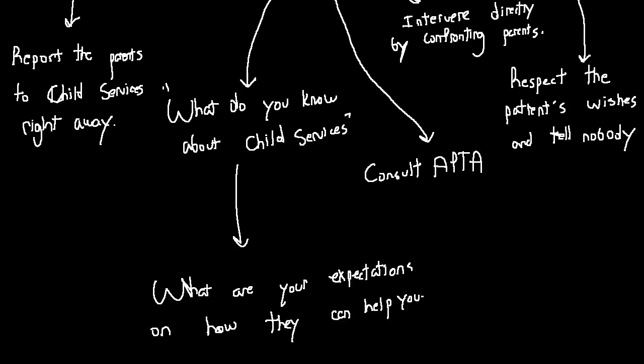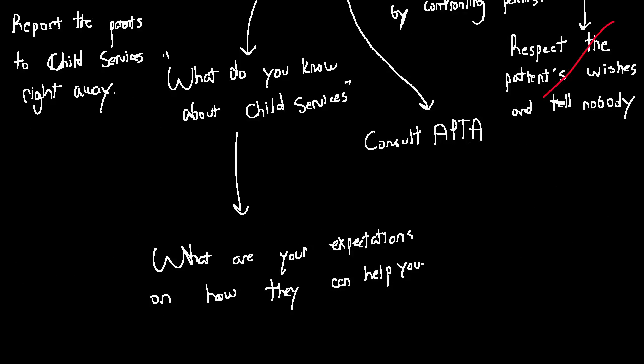Respect the patient's wishes and tell nobody. Well, this is a terrible pathway, right? Because you're not looking out for the best interest of the patient. So not. This kid is clearly scared, and we just can't say, okay, I realize that you're being hurt, and I will let you be hurt for 2 more years until you can move out. You might not even be mentally ready to move out because you've been abused your entire life. Who knows what the situation was? We're going to go ahead and just cross this off.